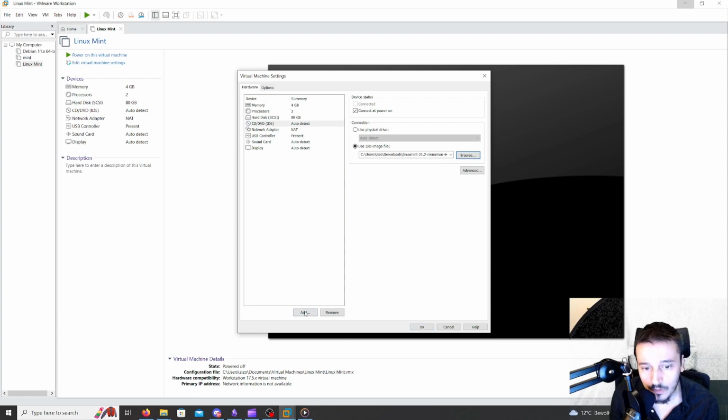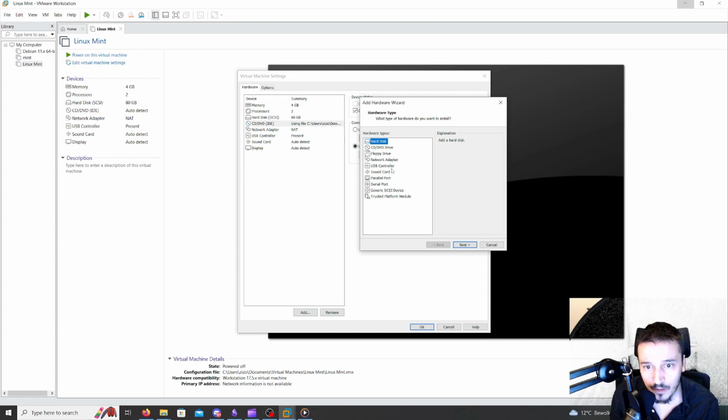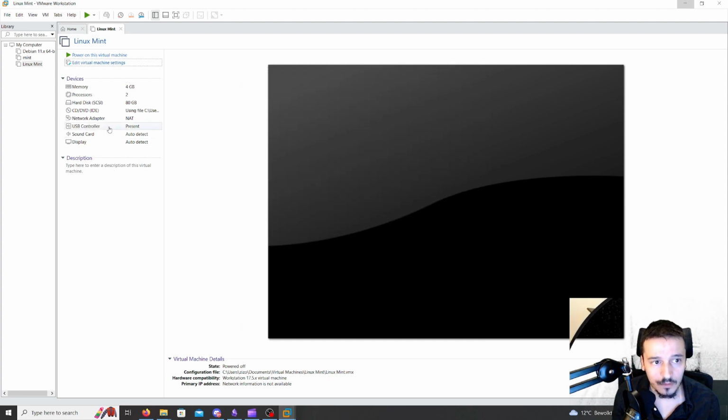And also, if you want to add another hardware to your machine, like a second hard drive, you can just go to this second hard drive. If you want another network card, you can go to network card and press finish, so you can add more hardware to your machine. So once you have done that, you can just power on this virtual machine,